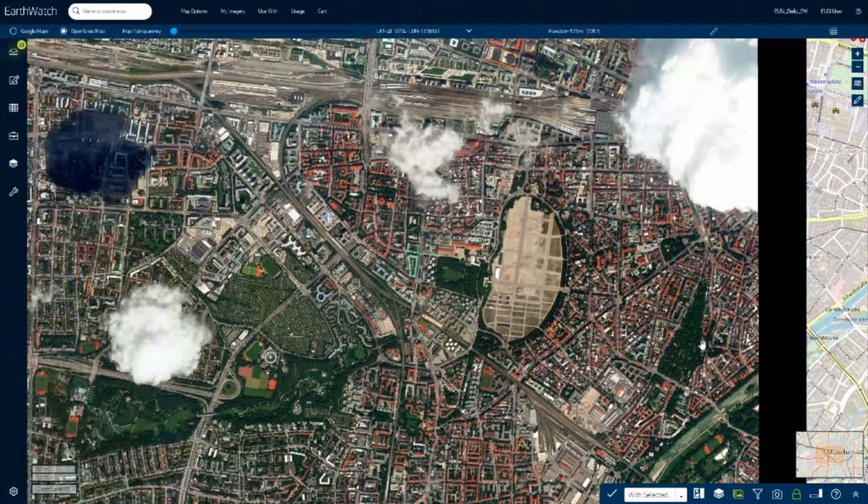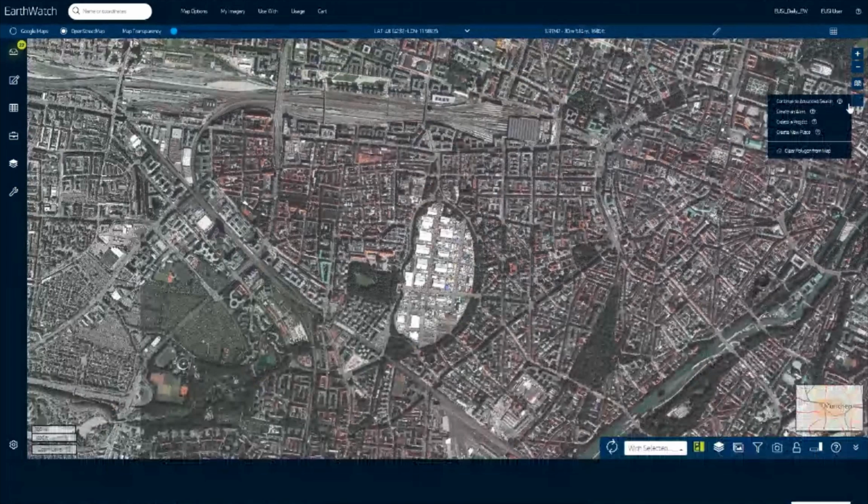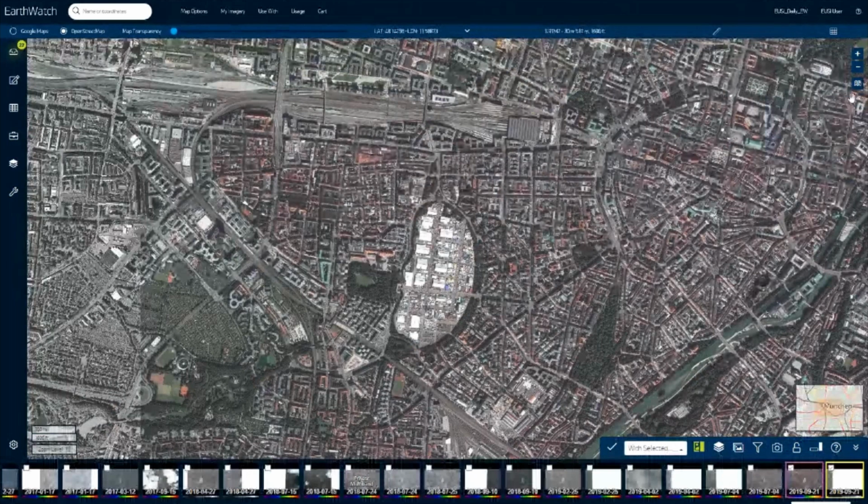This is called advanced search. So I will drag a rectangle first, create an AOI quickly. And based on this AOI, I can then go to advanced search.